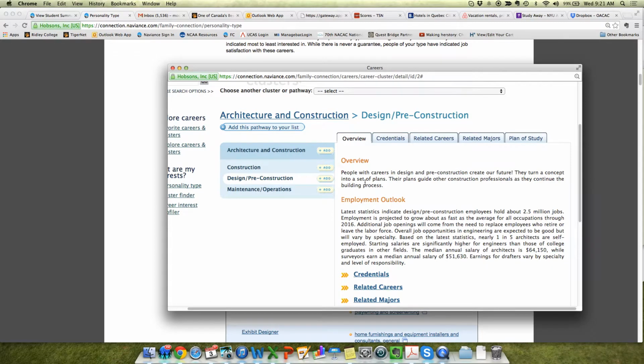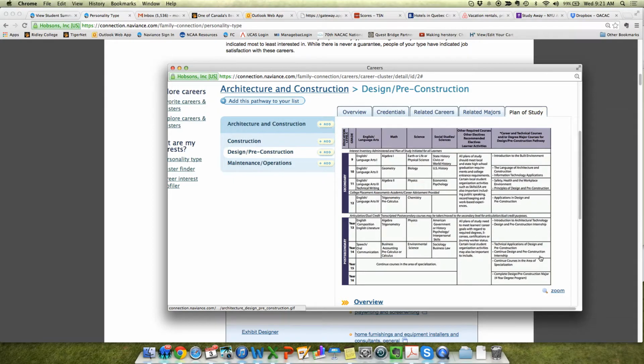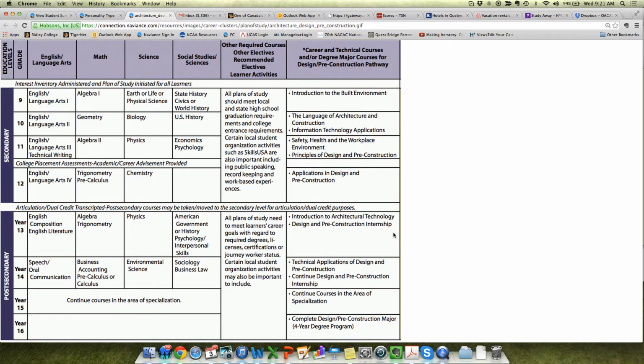And here, there's a great tab called Plan of Study. And I think this would be a very important one for you to look at. You can click on it, you can zoom in, and it shows a potential course of study through high school and into post-secondary college, where they can see the sort of courses they would have to do in college if they were going to pursue this particular area. This is a great thing to do for your grade 10 students because they have big decisions to make in terms of whether or not they go into IB or do the OSSD. So I highly encourage you to go to this particular screen.